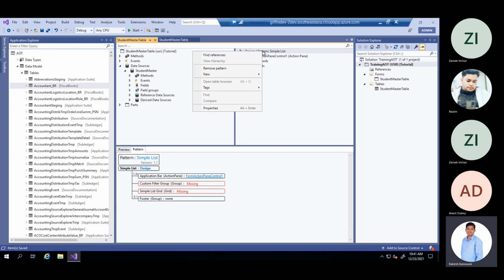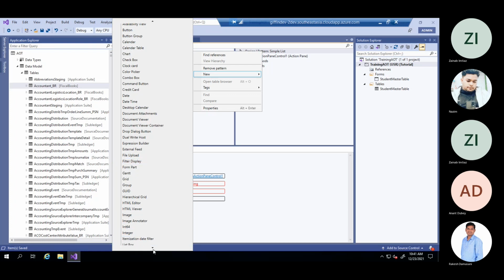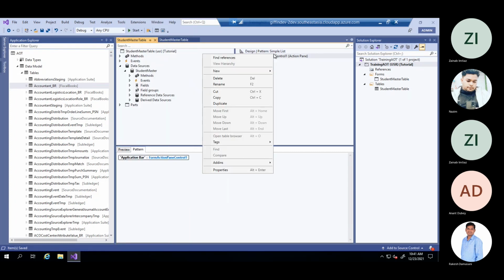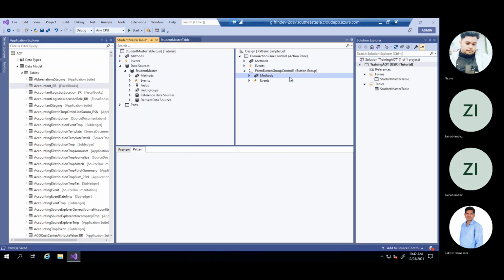And it says one filter group, new filter. Let's check.